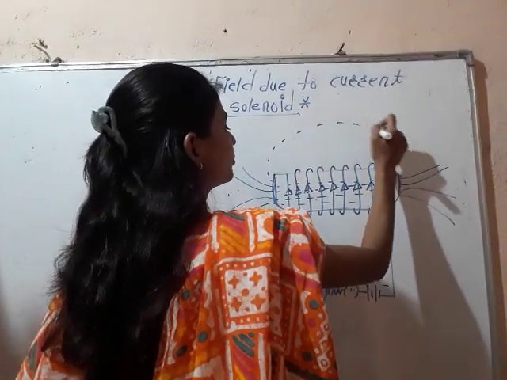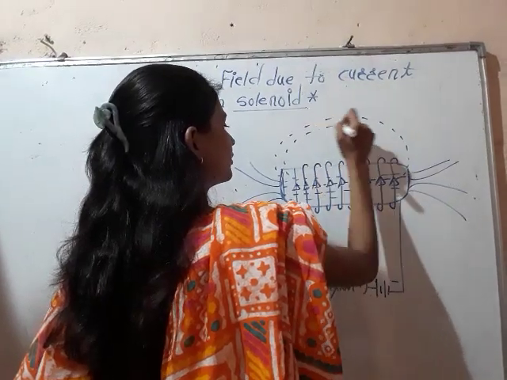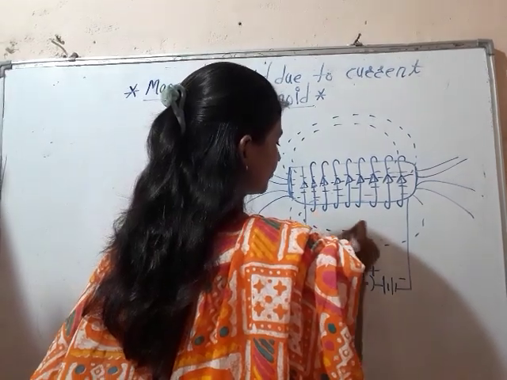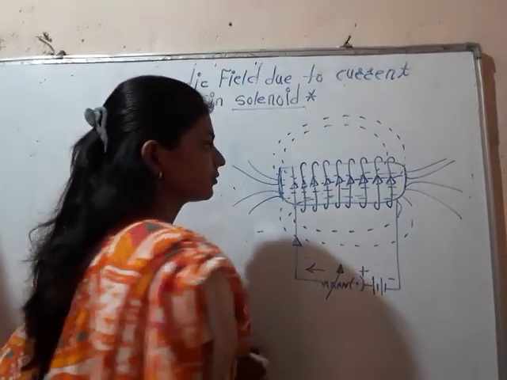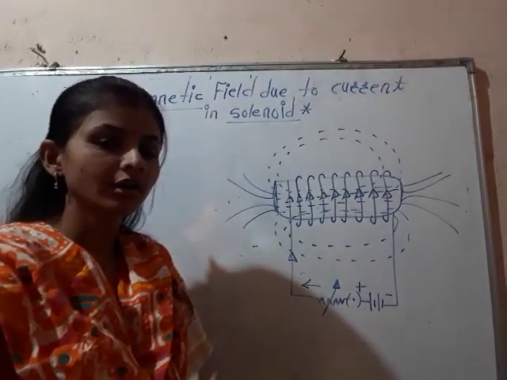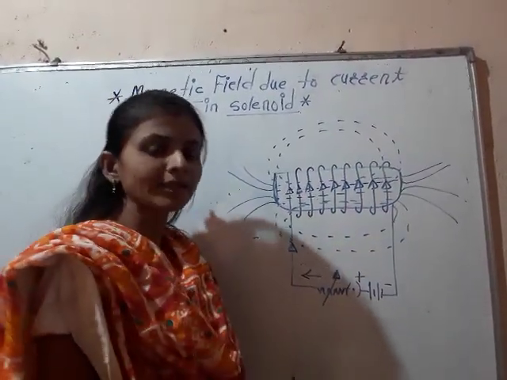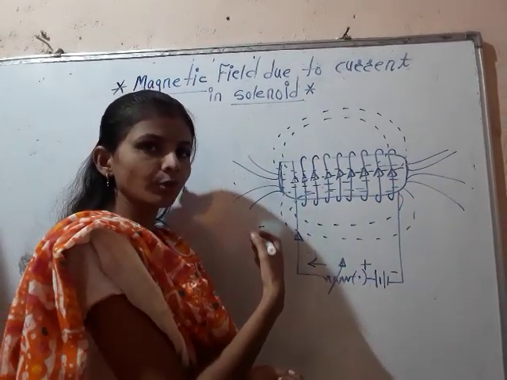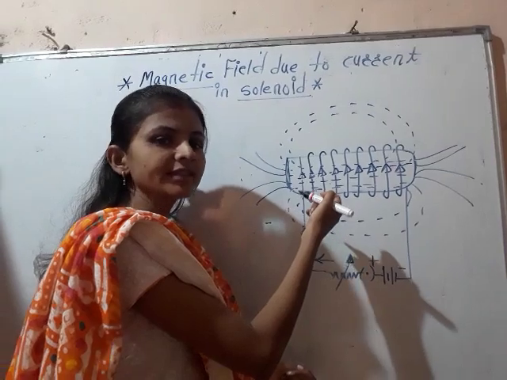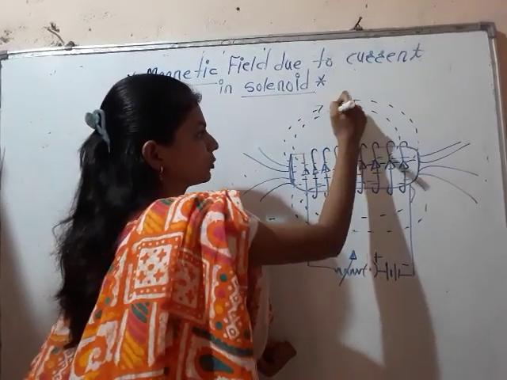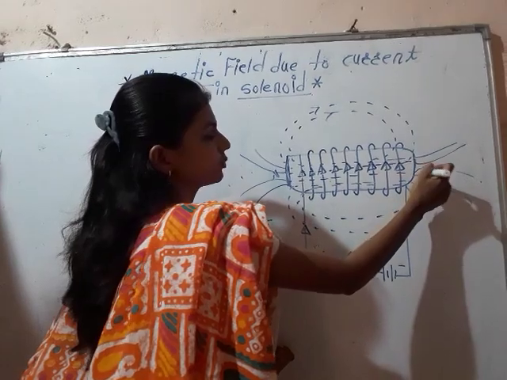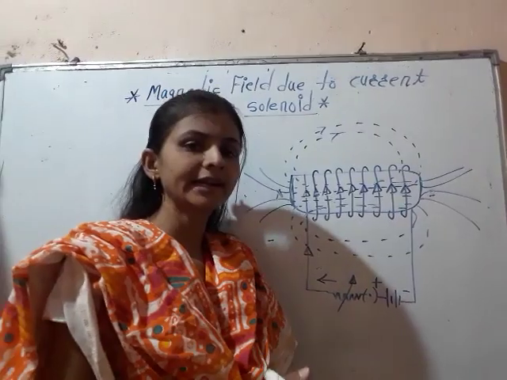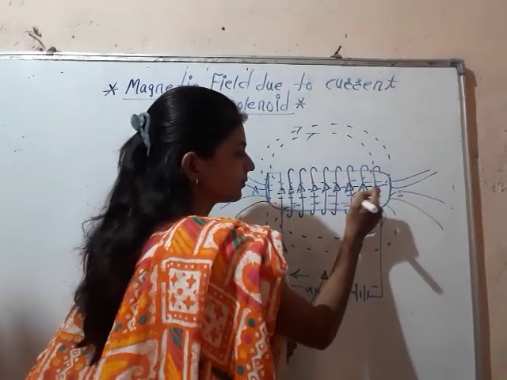And some lines started to make the circular path around it. So here, the path of the magnetic lines inside the magnet is from south pole to the north pole, and outside the magnet the imaginary lines' path is from north pole to the south pole. Suppose this one is the north pole and this one is the south pole, so the lines are flowing from north to the south, and the direction of the inside lines is from south to the north.